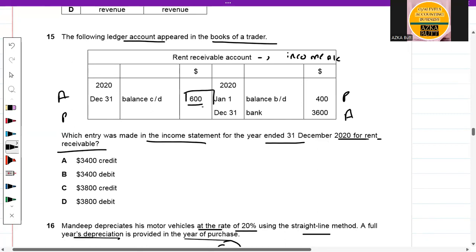So this balance CD is showing us the prepaid amount. Okay. And this balance CD is showing us also the prepaid amount. So now what we have to do is, first of all, we have to recall its basic format. So its income statement will be coming here, because at the year end rent receivable account would be debit and your income statement would be credit. So that's why, first of all, add 400 with $3,600. So it will give you $4,000